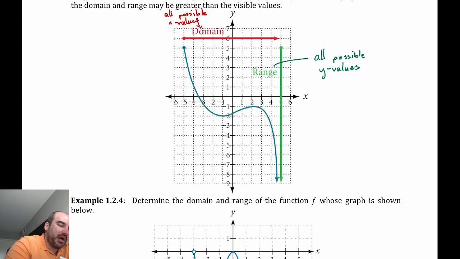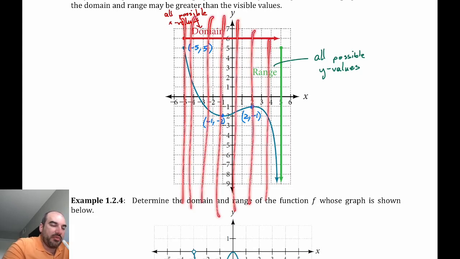Because every point on this blue curve has an x and y value attached to it. This is (-5, 5). I don't know, this is (2, -1), and this is (-1, -2), and so on. So all of these are points on the graph. We want to signify every single one of these points with our domain and range. So domain is going to be all of the x values, meaning if I go from left to right, which x values does this blue curve span? So if I scan from left to right, if I go this way,